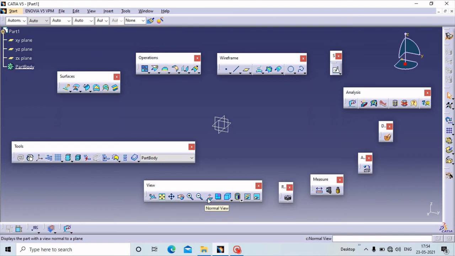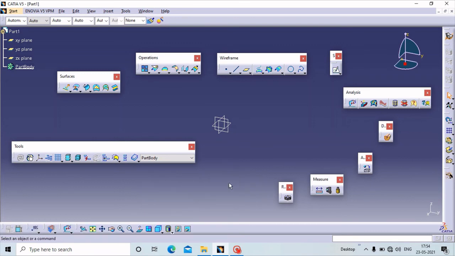Next, if you want to see your part in normal view, just click on it. Next, if you want to create multi views, just click on this command. If you want to see your part in different views like front view, top view, side view, bottom view, and the isometric view, all these views are integrated inside the view toolbar.